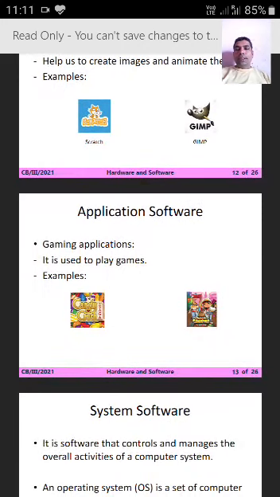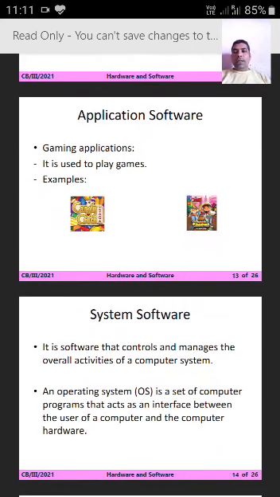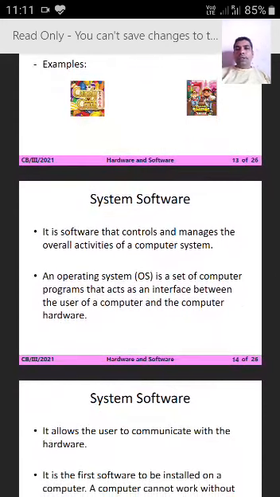Next, gaming application. It is used to play different games. For example, Candy Crush. This is an example of gaming application. Next, system software. It is software that controls and manages the overall activities of a computer system. An operating system, in short OS, is a set of instruction programs that acts as an interface between the user of the computer and the computer hardware.